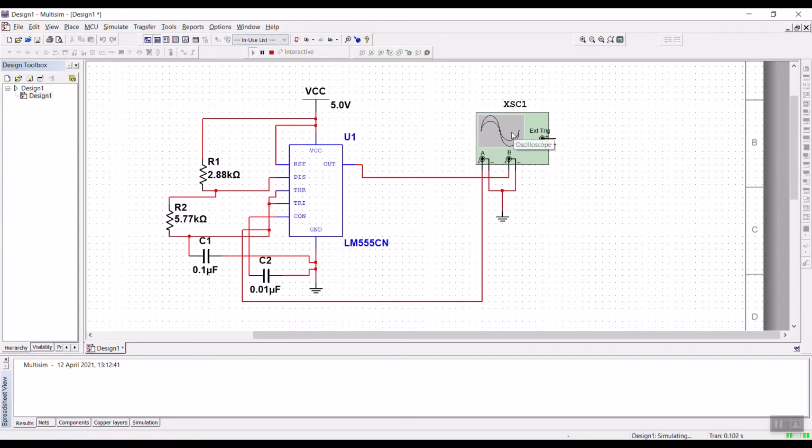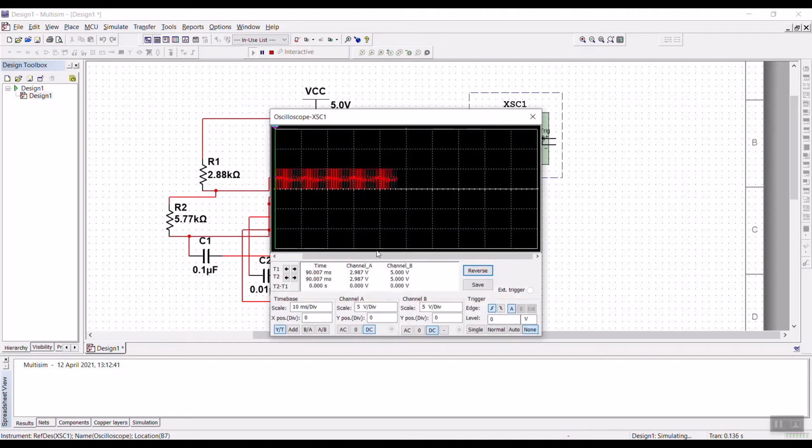You have to double click on the CRO to see the output. So this is the output. You have taken the time period to be 1 millisecond. So you just press this down arrow mark so that you can go to 1 millisecond. After which you can pause it or you can stop it. Just pause it, after which you can scroll this. This is how you see the output.